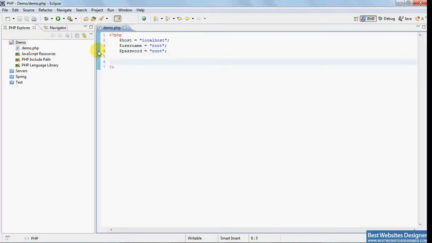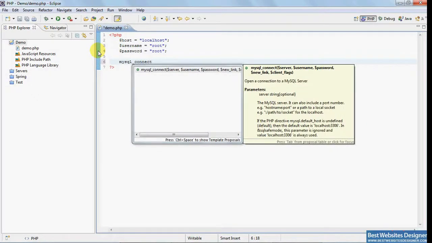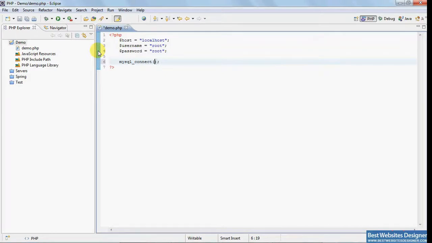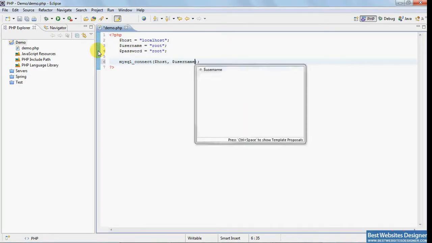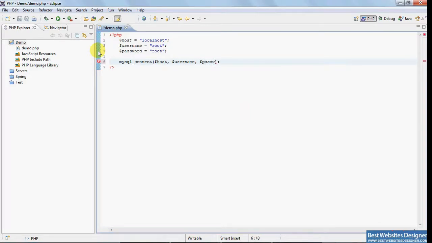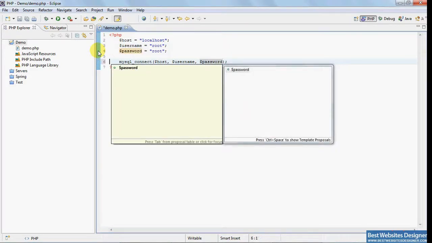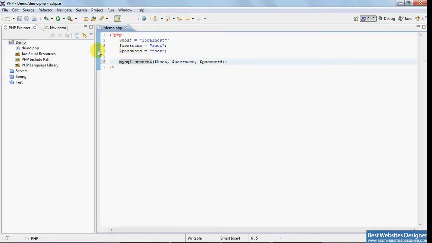Now to connect to a database, PHP provides a method called mysql_connect, which takes host, username and password as parameters. This mysql_connect will give you the connection object, which would further be used to connect to the database.